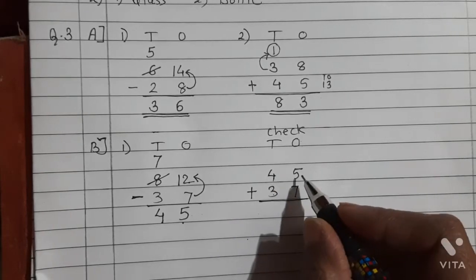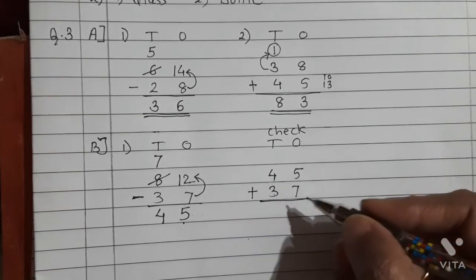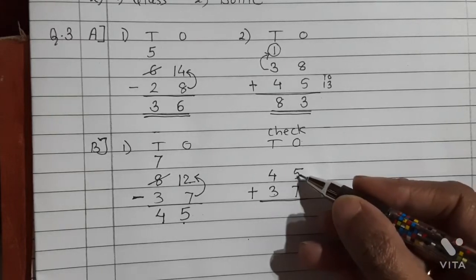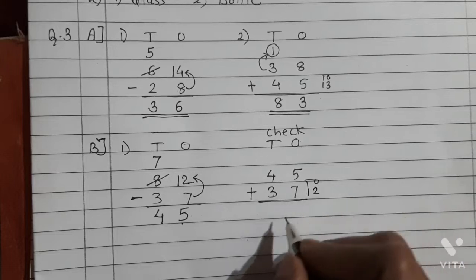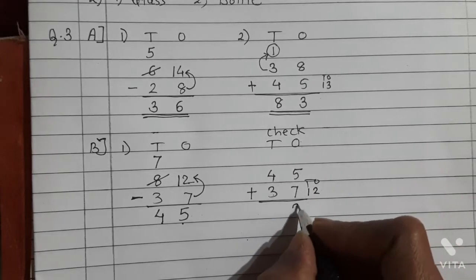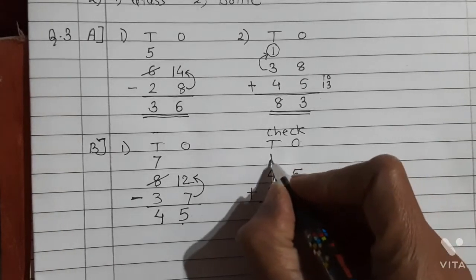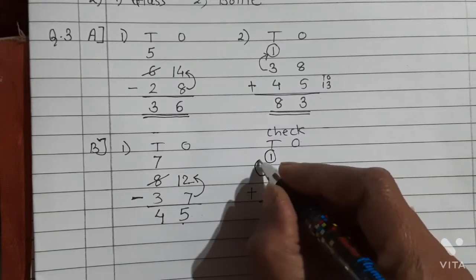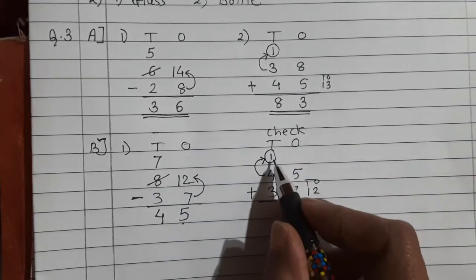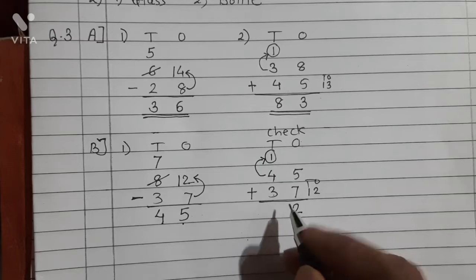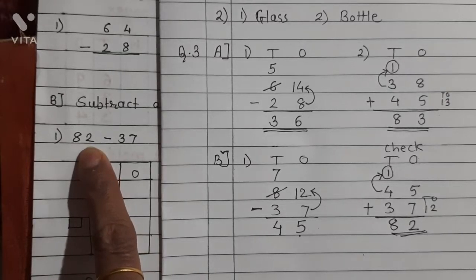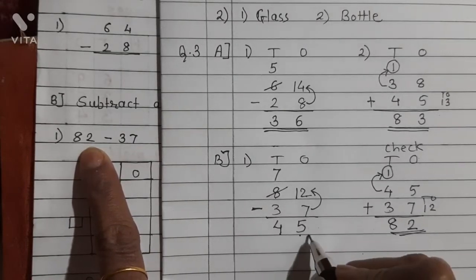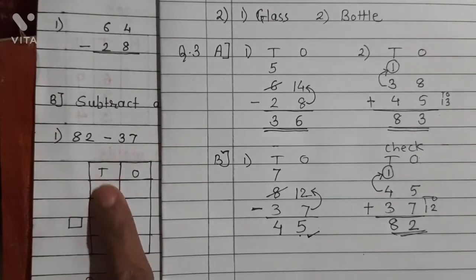Now see here, plus sign is there. 7 in your mind, 5 on your finger. 7 after 5, there comes 12. It is a 2-digit number, so written aside 2 as an answer. 1 will go as a carryover. 4 and 1, 5. 5 plus 3, 8. So 82. See here, your number is 82. And in the question also, the first number is 82. So here, our answer 45 is correct.